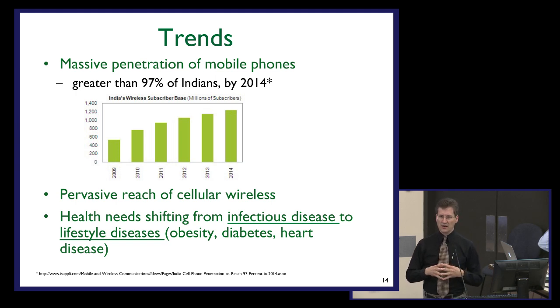world. And I just wanted to highlight a couple of trends that many people have noted before me. One is the massive penetration of mobile phones in the developing world. In fact, in some places, a higher percentage of people have mobile phones than in the developed world. I'm not actually sure. I found this statistic today, that a prediction that by 2014, more than 97% of people in India will have a mobile phone. That seems a little high to me, even though the penetration there is already very high. I think it's well over 75%. But it's very large in any case. And we're talking over 1 billion people with mobile phones. Not necessarily smartphones, but mobile phones.